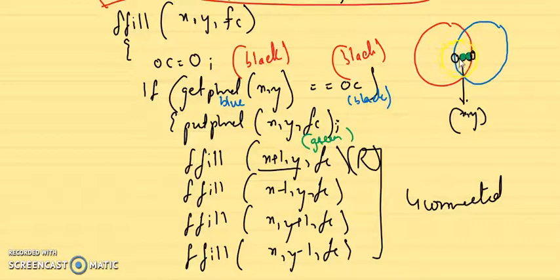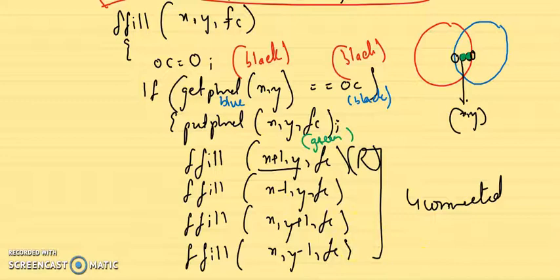It is not going to process this pixel, so a blue will remain a blue. So the boundary colors are going to remain intact. Only the interior pixels are going to get processed. So this is all about your flood fill algorithm using the 4 connected approach, and similarly you could write the procedure for the 8 connected approach as well.